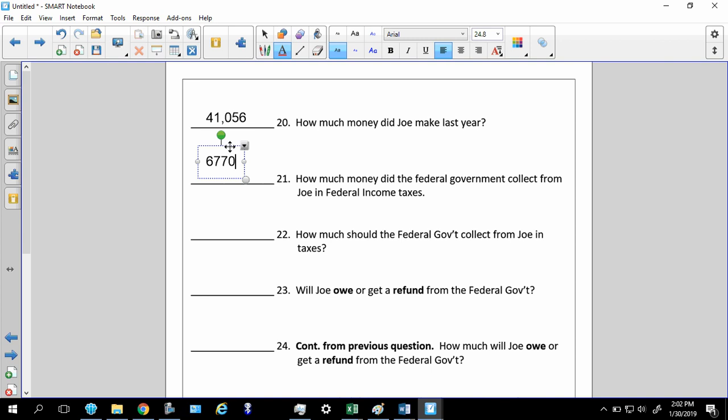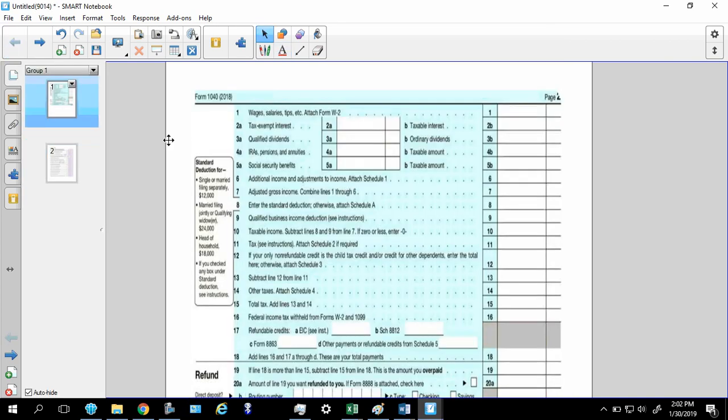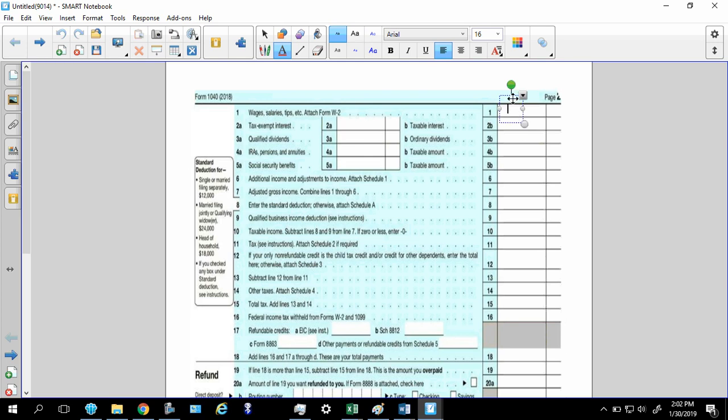6,770 bucks. All right, now how much should the federal government collect from Joe? Now we got to start filling out our forms here. So let me get my form. All right, there's my form. All right, so first thing is first,